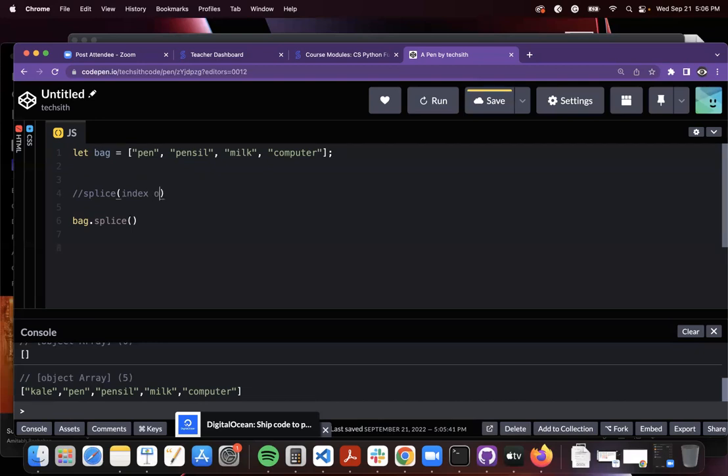Index of insert, which means where do you want to insert? Okay, is it here? Is it here? Is it here? Or is it here? Right? And remember the index we learned about is,